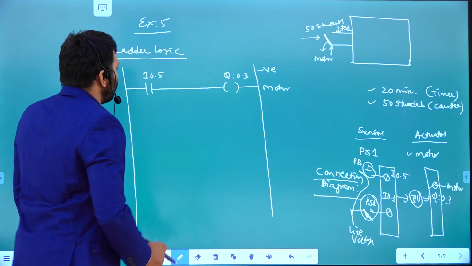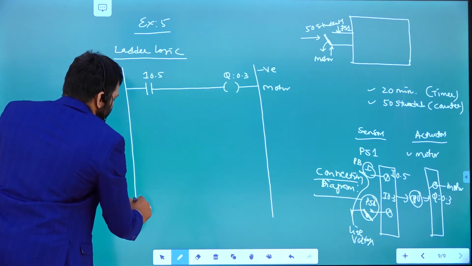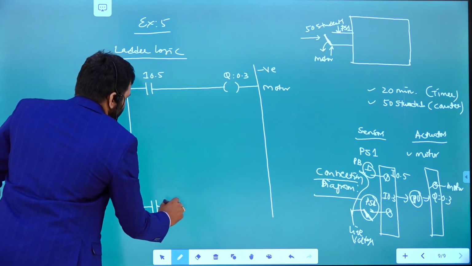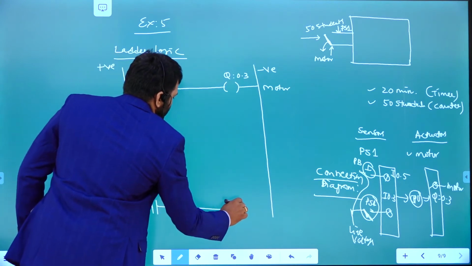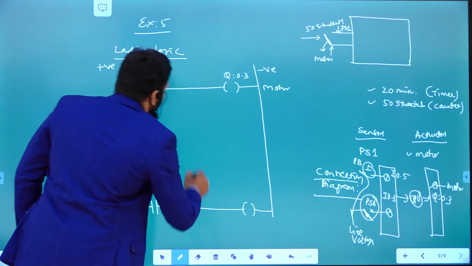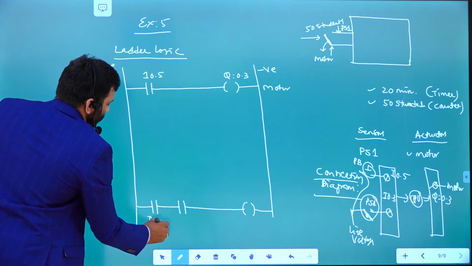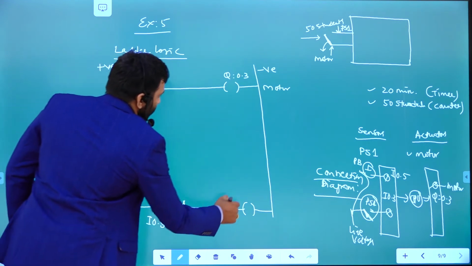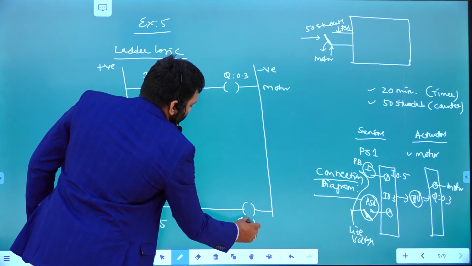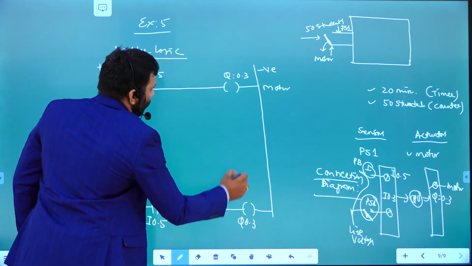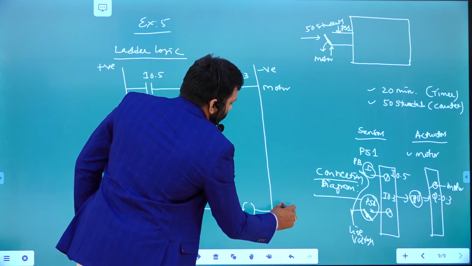Or otherwise you can say this is the rung you need to write here. Its address is I 0.5, we'll give this address later. Q 0.3 is going to be connected to the motor.